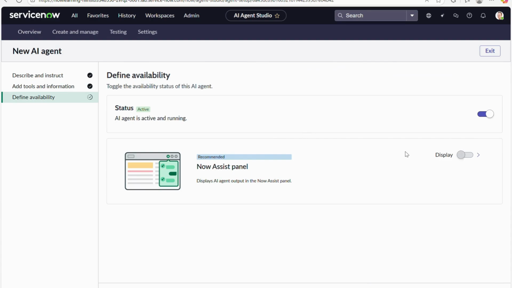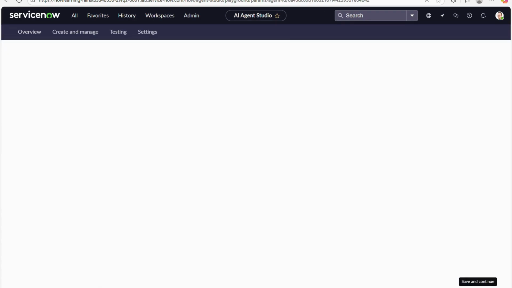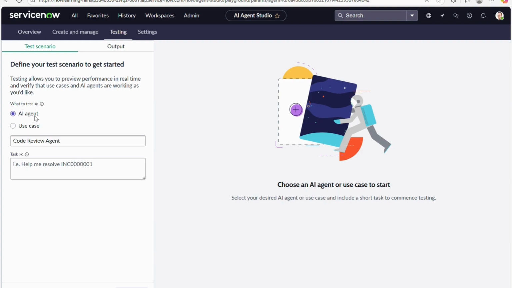Under define AI agent availability, under the Now Assist panel, I'll just click on display and click on save and test. Now here you see what to test an AI agent. Let me try to provide an error code, like new GlideRecord incident. Let me make some mistakes here. gr.addQuery